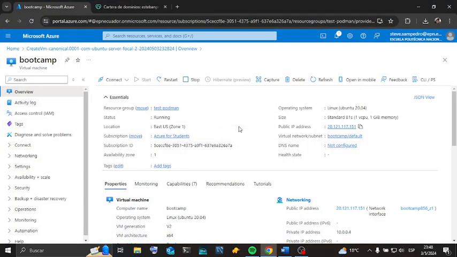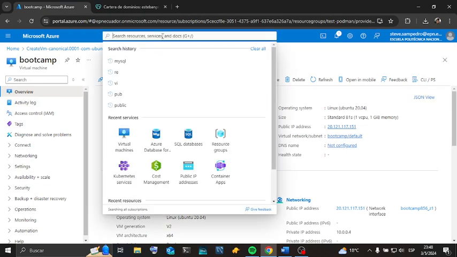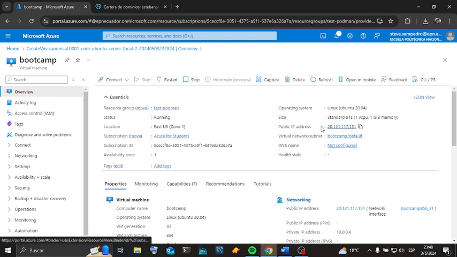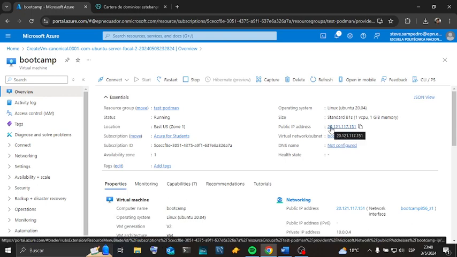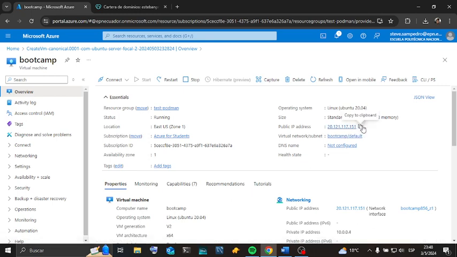For this I prepared an instance on Azure, specifically under virtual machines, which has the following public IP. This public IP is very important because we need to point the domain's name record to it. So for this I need to copy it